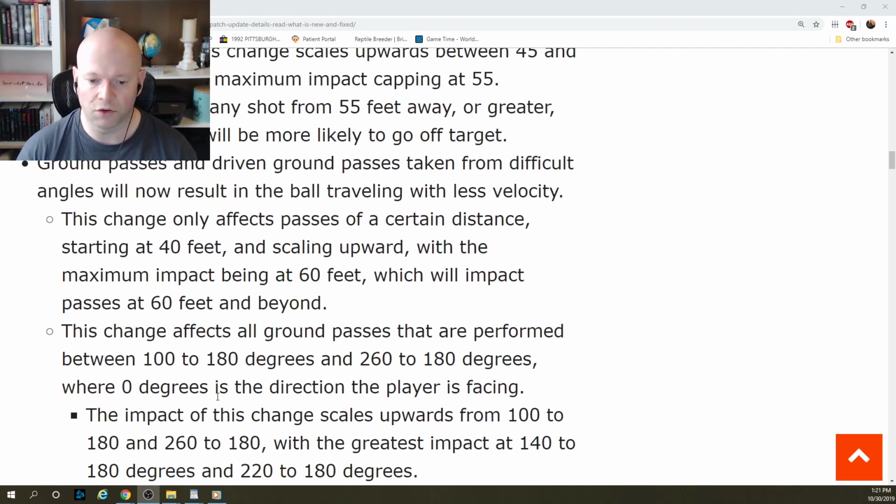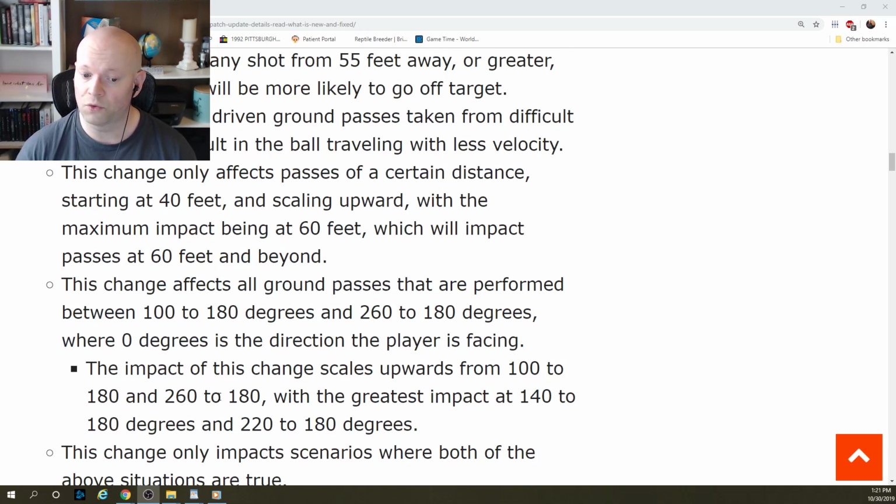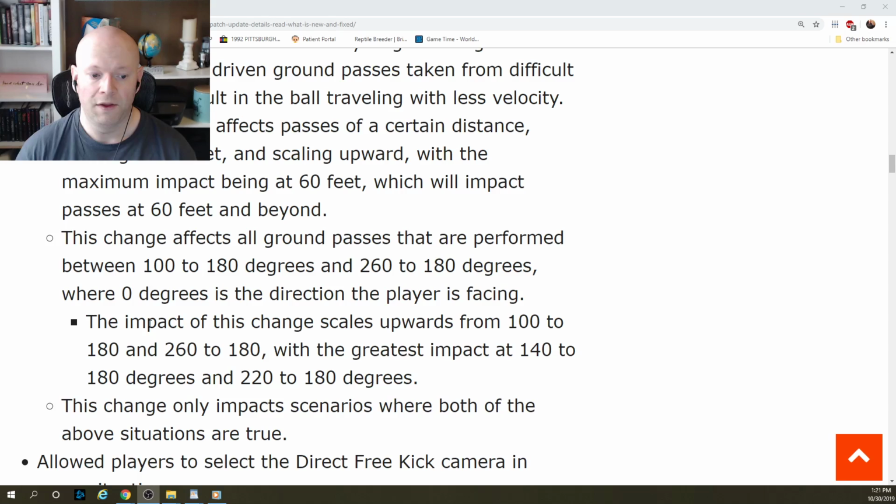This change affects all ground passes that are performed between 100 to 180 degrees and 260 to 180 degrees, where 0 degrees is the direction the player is facing. The impact of this change scales upwards from 100 to 180 and 260 to 180, with the greatest impact